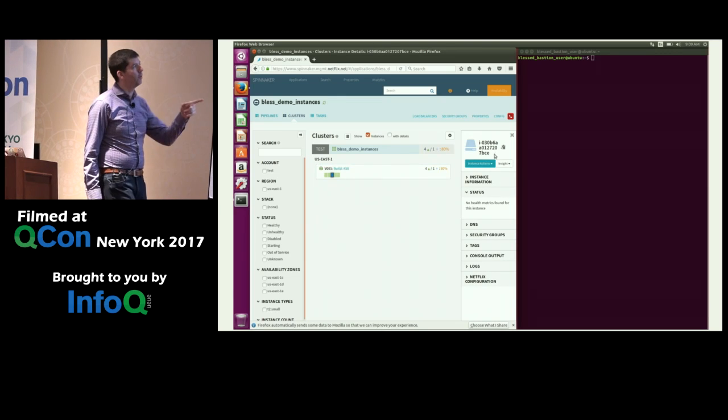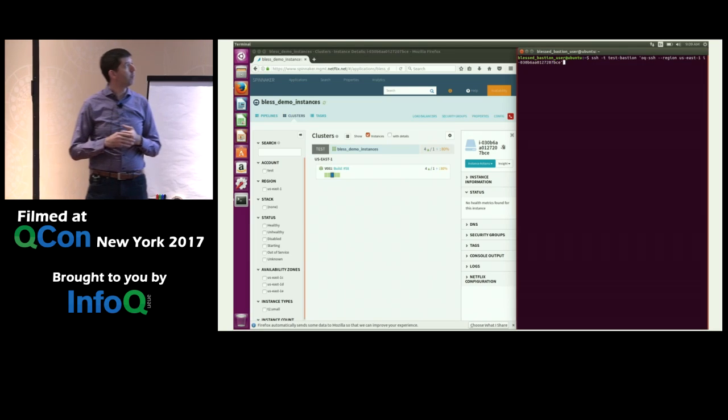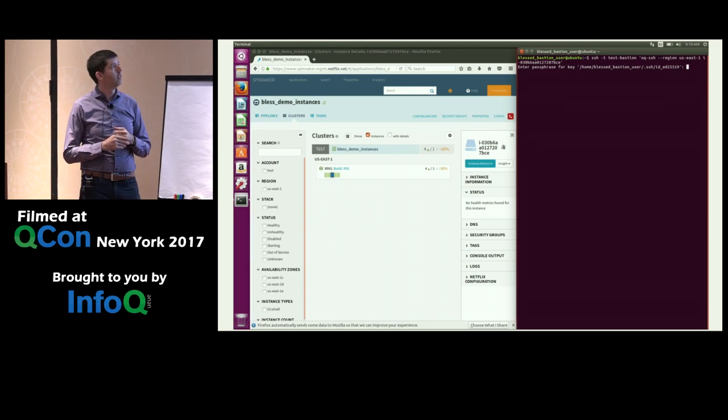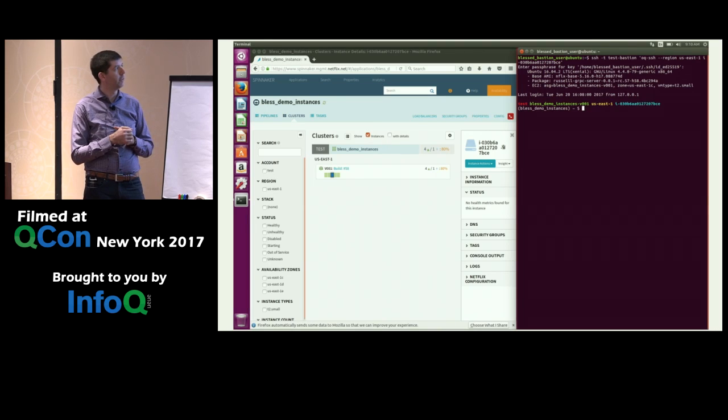And then you go on over on the right side, and you can click to copy an SSH command. Drop that into your terminal. Type in your private key password. This is going to be the password for your key to get onto the Bastion itself, or however you authenticate to the Bastion. And boom, you are on the instance.